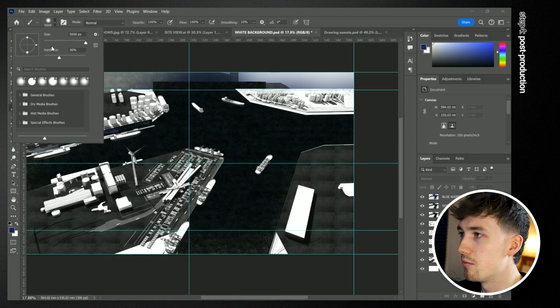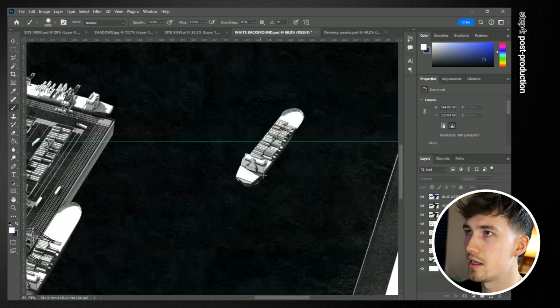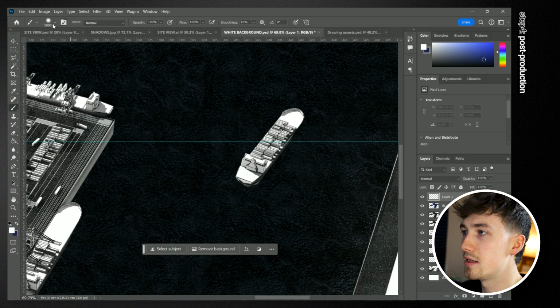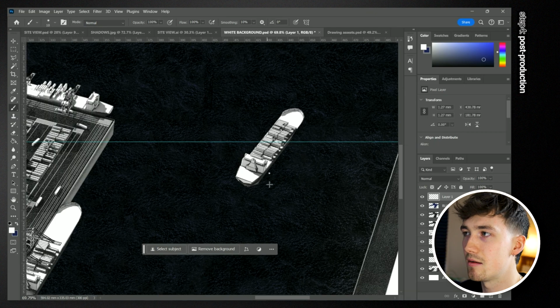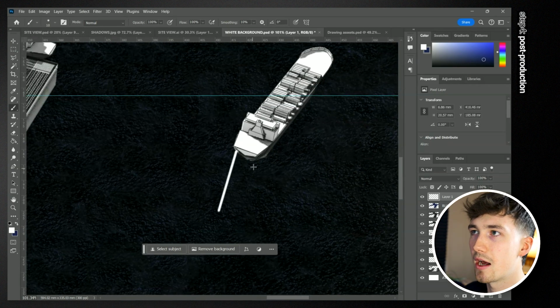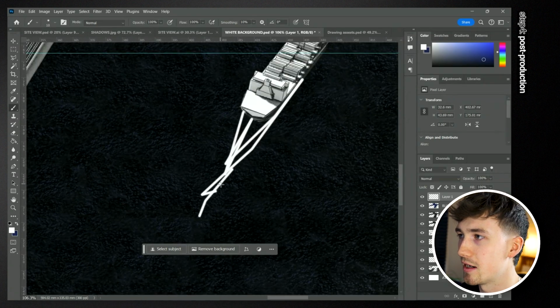I'm going to show some movements in the water where the boats are, and also I'm going to add some steam to show the activity to the industrial spaces that surround. So a good way of doing this is simply getting the pen tool, selecting white, bringing it down to a small line weight such as 10 pixels, and then draw some streaks that are coming out the back of the boat to show the movement of the water that is being left behind